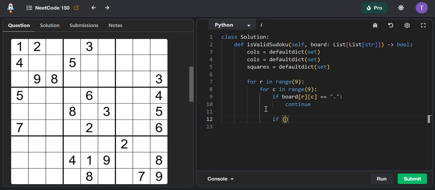This is where we're going to do all our checks. So we're going to say if the board at this row, at this column, is in rows at this row, or the board at this row, column is in cols at this col,